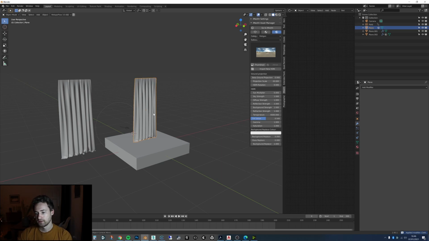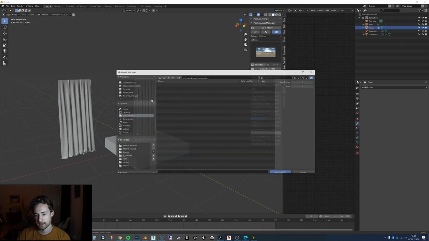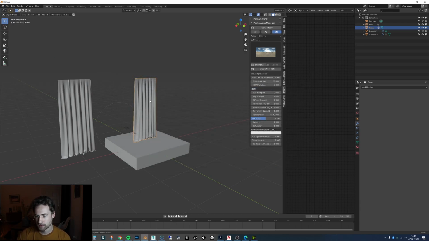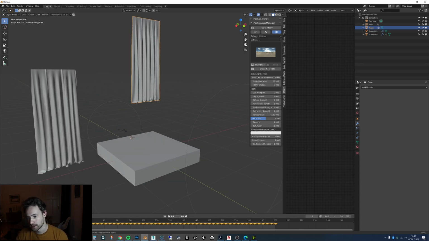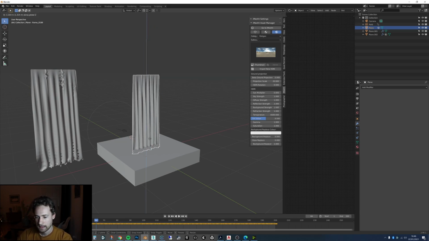So this is now the object, and we want to then re-import what we have done previously. So if I go to File and Import and Point Cache, and then select the one that we want, Export. So now this will have all of the frames on it. And you'll see it has moved. That's also fine. We can then just move that back down again. I probably should have applied the location actually.